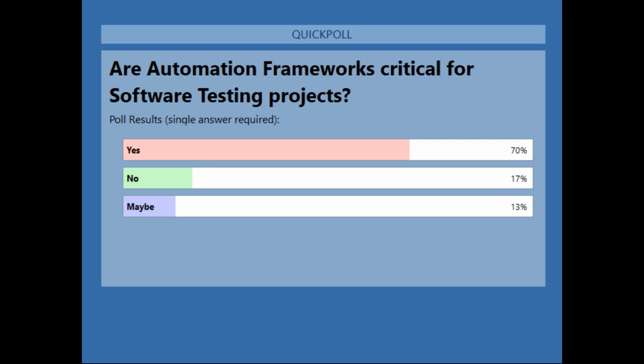There are 17%, close to 20% of the people who say no, maybe because by the time they joined, there was already a framework in the team, and all their job is to write the test cases matching the framework and add more new cases. Let me tell you, in real project organizations, not everybody gets an opportunity to develop a framework. If the company is already working with automation, framework development would have happened, and your job is going to be mostly to understand the existing framework, which method to call at what time